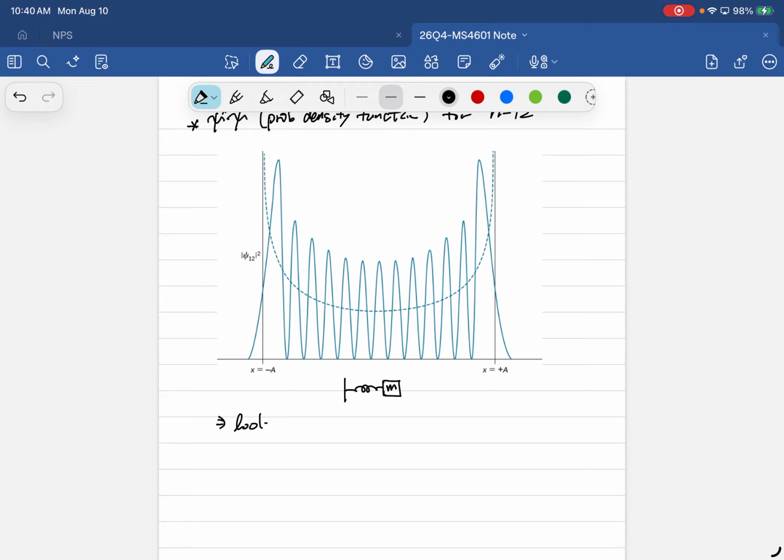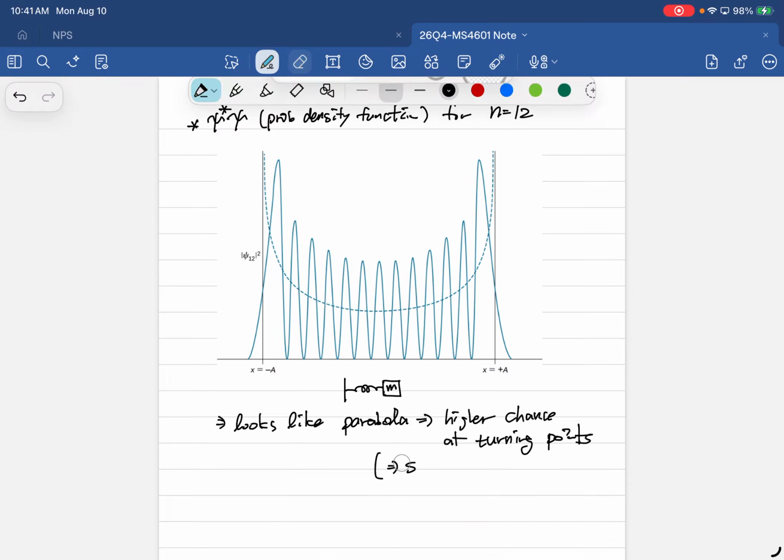In a sense, it basically looks like a parabola. So basically, a higher chance at endpoints or turning points. So this one is essentially similar to the classical case,